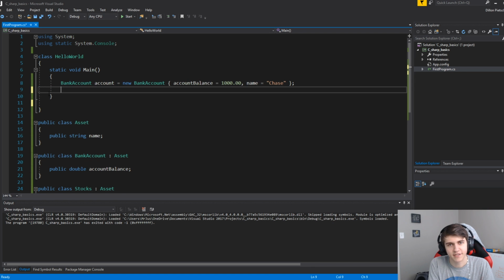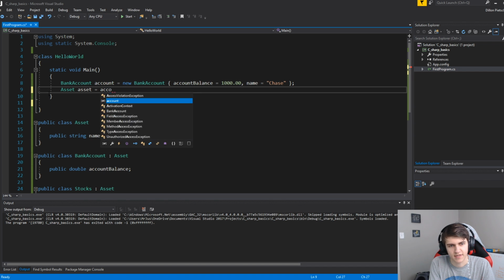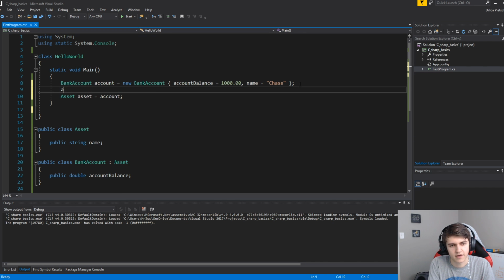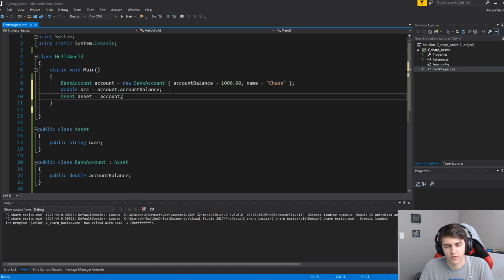Another thing we can do is cast classes into a different type of class. So just to say an asset equals account. So we're saying that the asset now equals bank account. So before, we could do account balance, and we can set that equal to a new variable. You know, we have access to this. But if we were to do this, which is called an Upcast Conversion,